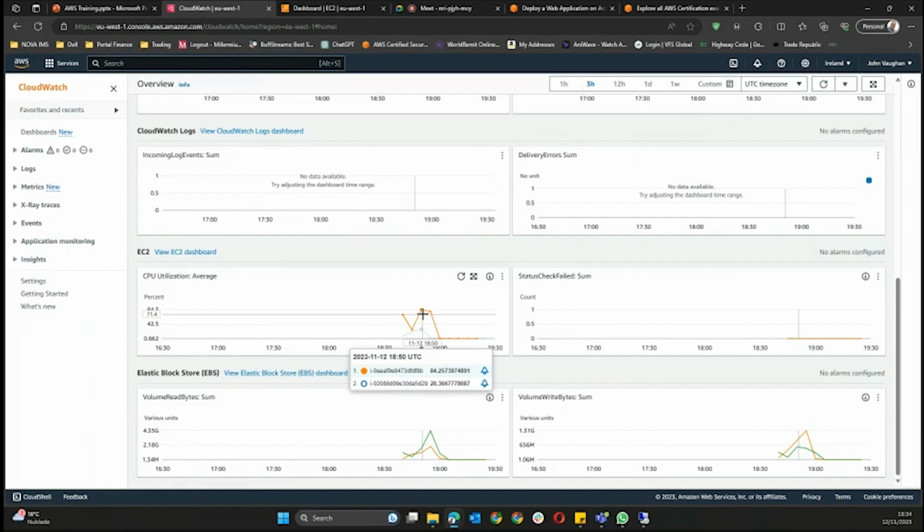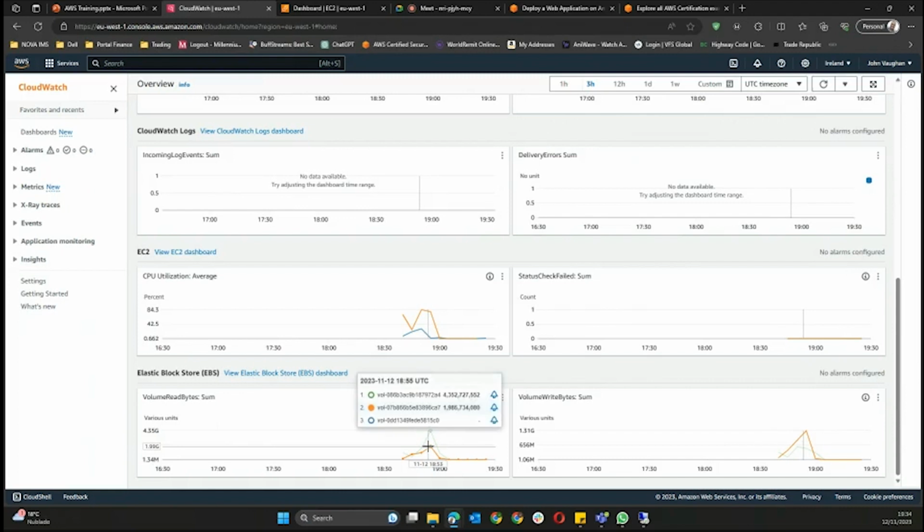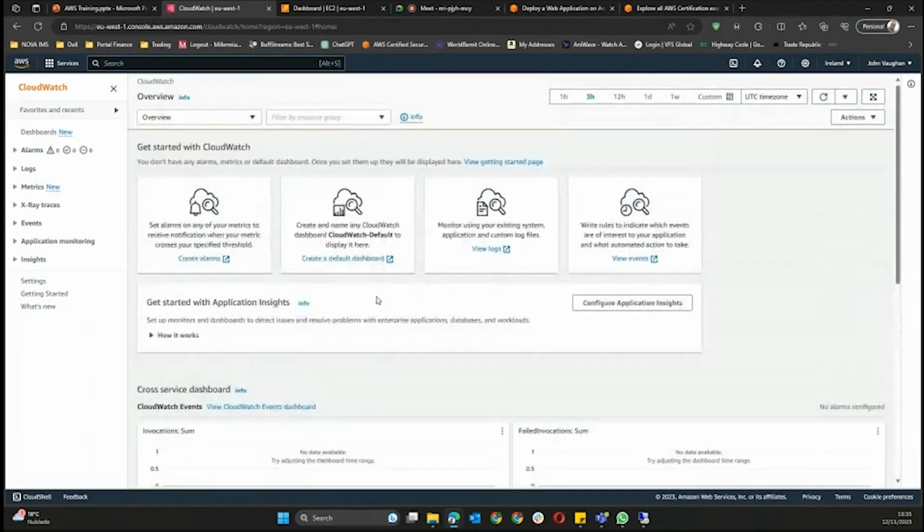Okay, as you can see here, you would see both the servers, and you would see details on the level of CPU usage, as well as the volumes, and bytes read, and bytes that are written, what changes have been done. So this will give you all the logs depending on what you want to check. Actually, the more services that you set up, the more you'll be able to access logs,